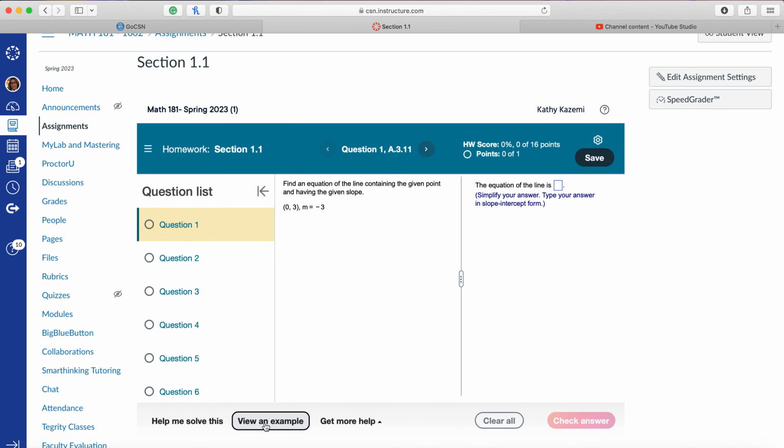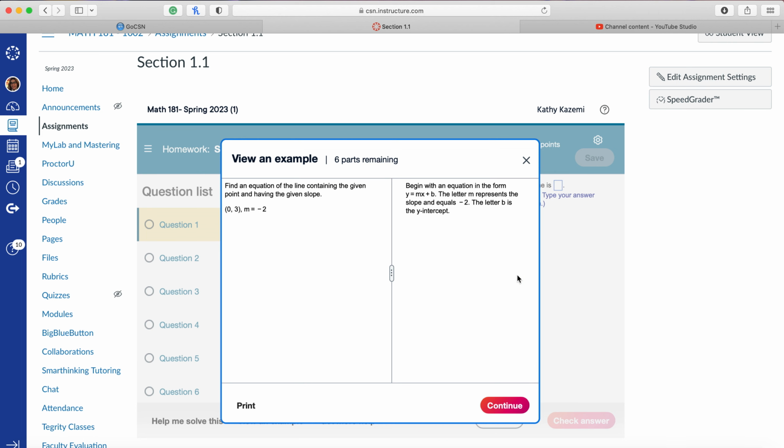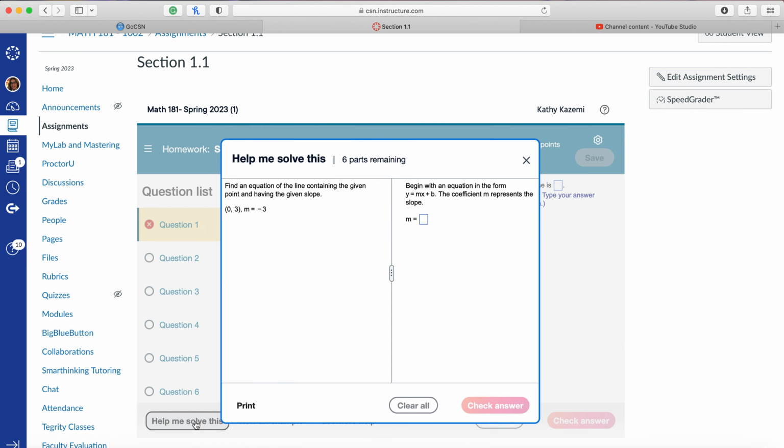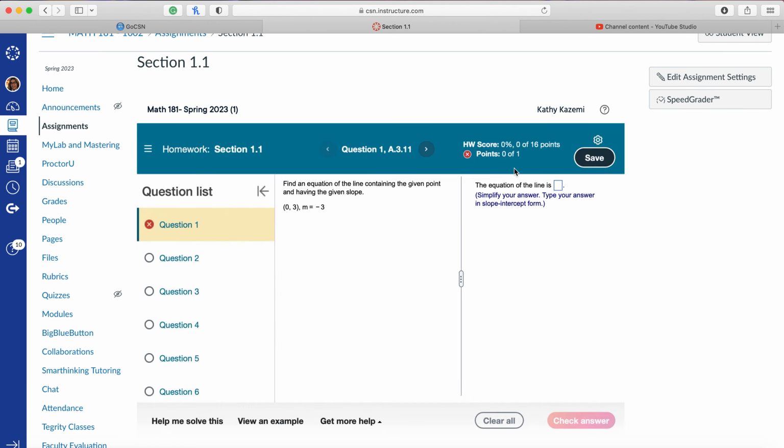If not, you can view a similar example. Go ahead and continue and see how it goes. It's very similar to what you're seeing. Or you can ask the system to help me solve this. This is a one, it's just different steps. You can answer the steps one step at a time and move on and understand the concept. So these are the ways that you're going to